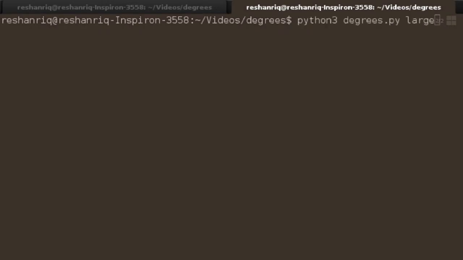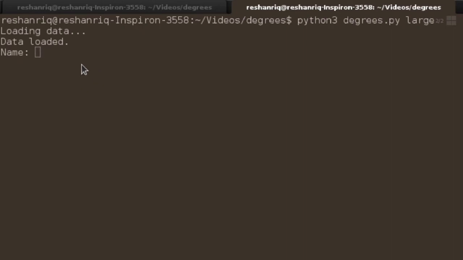So for the large data set, for example, the data is loading, so it might take a few seconds to load the data. Okay, so the data is loaded.